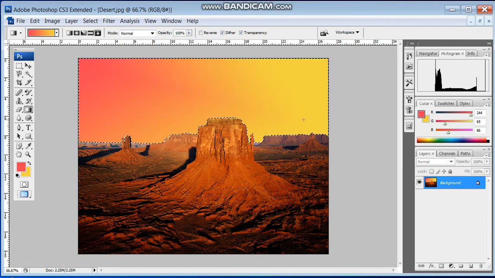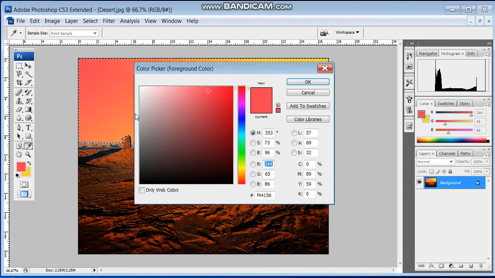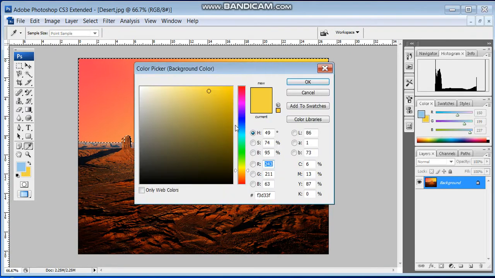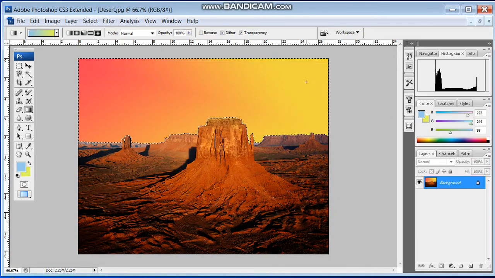My gradient color will be changing. Suppose you want any other color, you will take it as the color. Suppose I want this blue color and background as again something else. Okay, so the color will be changing.